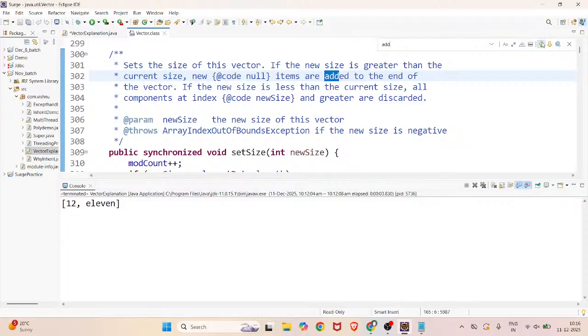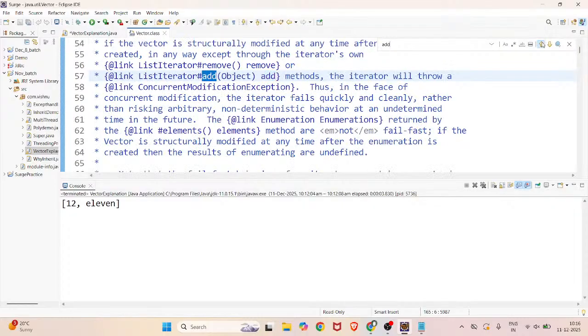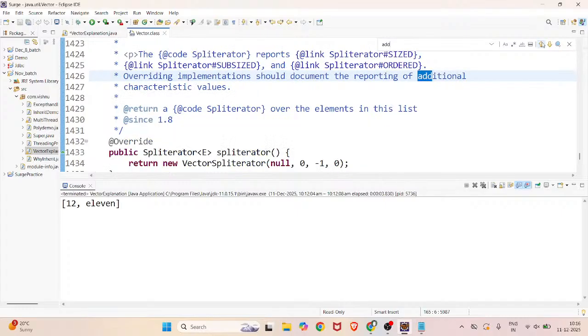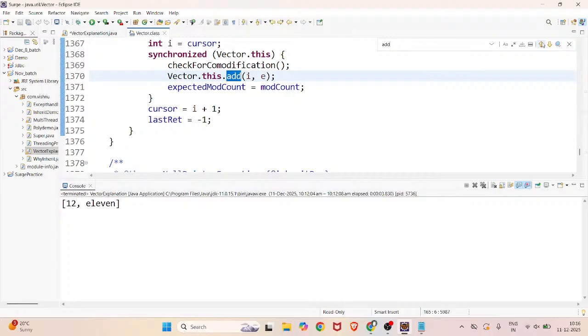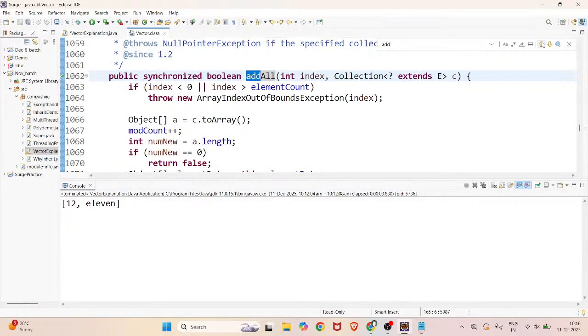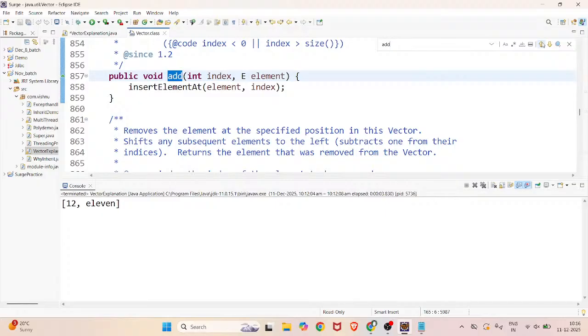I'll go to the top. If you observe the methods related to adding elements to the collection of a vector, the first one is